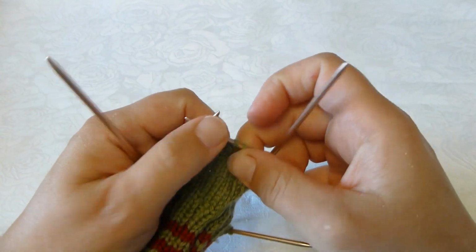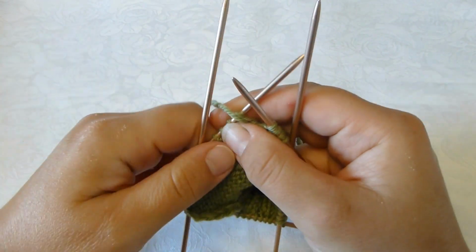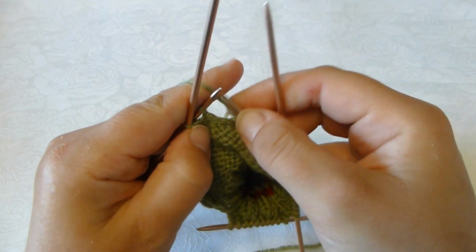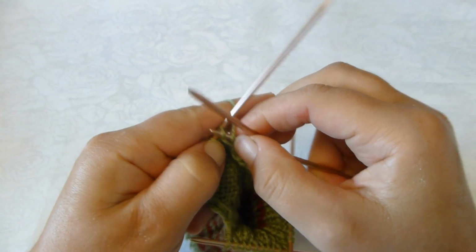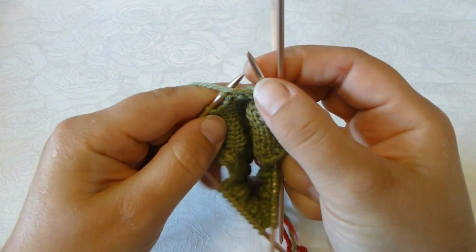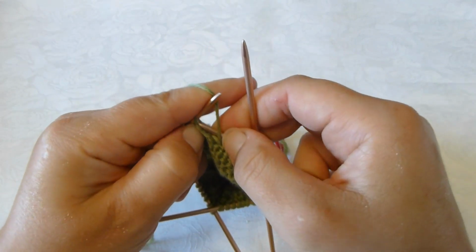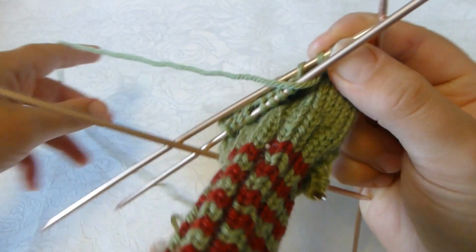knit the next stitch, and I will turn my work again, slip the first stitch, purl back to the beginning of the row, continue to purl, and I will purl the last stitch before the gap and the first stitch after together, purl 1 stitch, turn again,